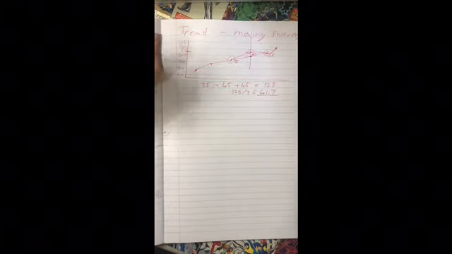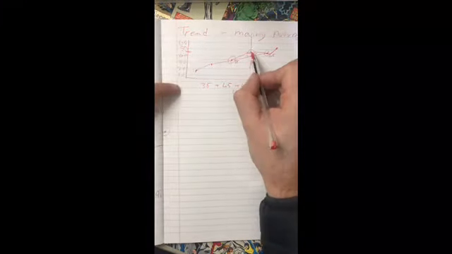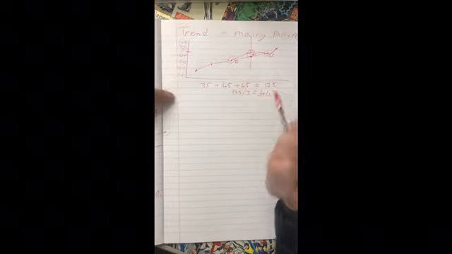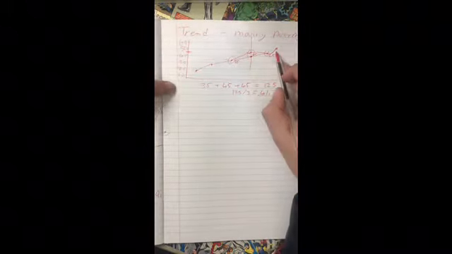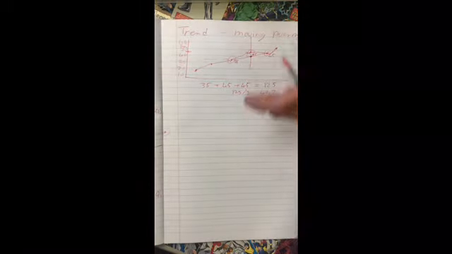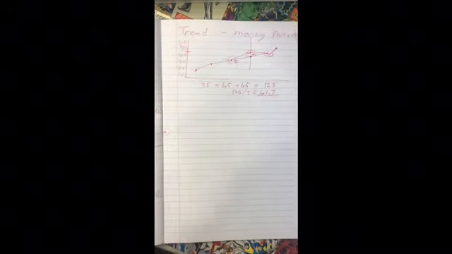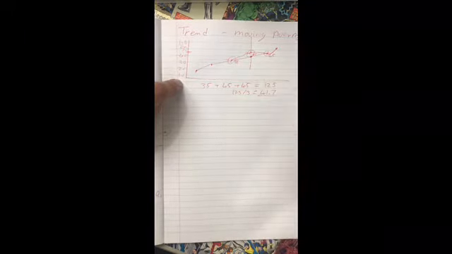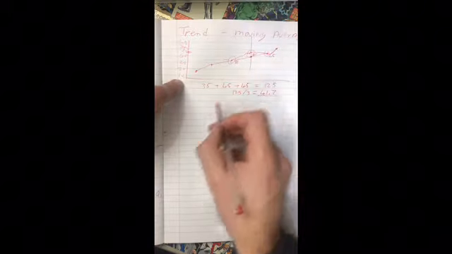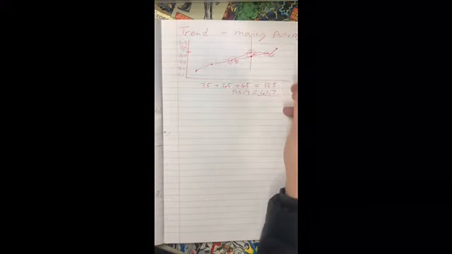So guys, that is exactly what we're going to do, except we're not just going to do it for the points that are standing out. We're going to do it for the entire line, and we're going to get a moving average for the entire line. Now guys, there's a few things we need to understand and look at, and that is how many periods are we looking at